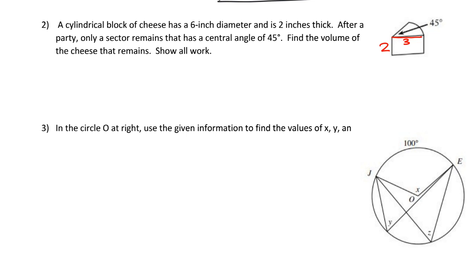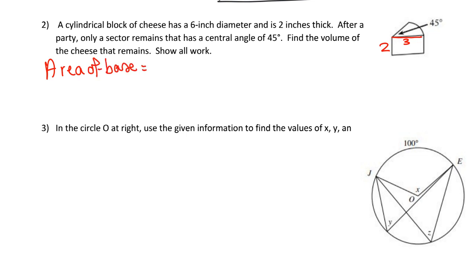So the volume, it looks like a prism because it has two congruent parallel sides. If I succeed in finding the area of that base, which is part of a sector of a whole circle, you can multiply it by the height of 2 to find the volume of that block of cheese, or if you think about it, it's kind of a prism. So the area of the base,